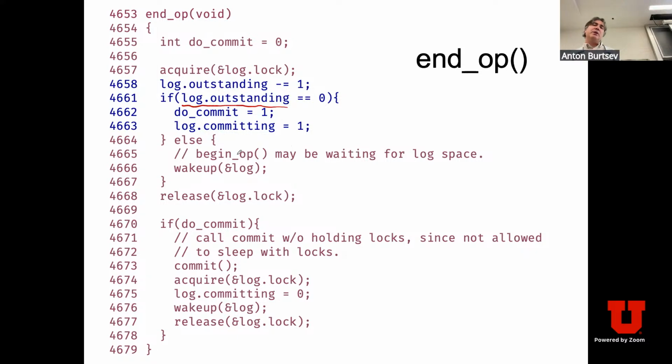And this is a little bit of trickery here. So it starts committing only when the outstanding drops to 0. And again, there are multiple design choices possible, and they did it this way. At this point, they say, look, we'll start committing. So essentially, we set a flag that we are committing and move on to the commit logic. And the commit logic is in this commit function,